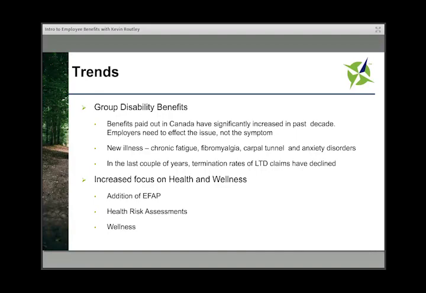The addition of an employer family assistance program can really assist with health and wellness. Many employee benefit programs, online systems have health risk assessments where the employee can go in and see where they're making good choices or where they can make some adjustment to the choices that they're making. And finally, if you are interested in wellness, we do our monthly newsletter. It's put together by EWS, and they'd be happy to speak to you on your employee wellness services.